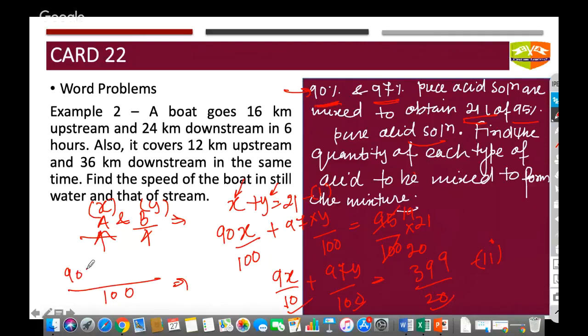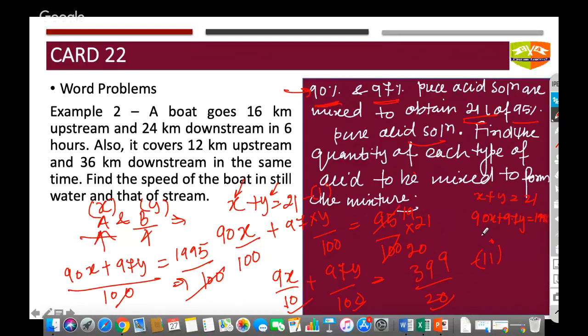So this is 90x plus 97y is equal to 399 into 5, which is 1995 divided by 100. The 100 and 100 are gone, and I get X plus Y is equal to 21, and 90x plus 97y is equal to